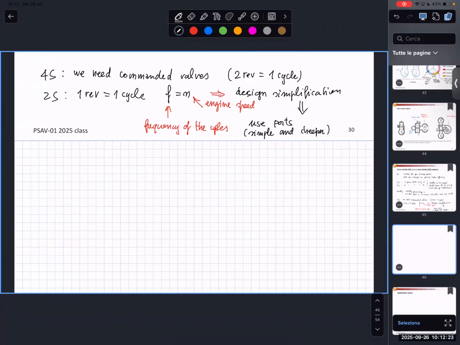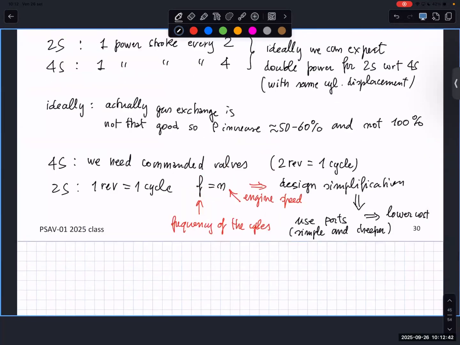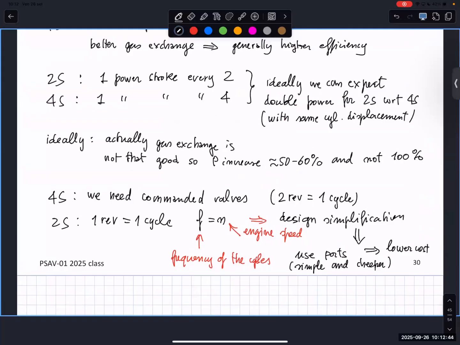And also, generally, what I have is a lower cost. As I have another consequence of this,